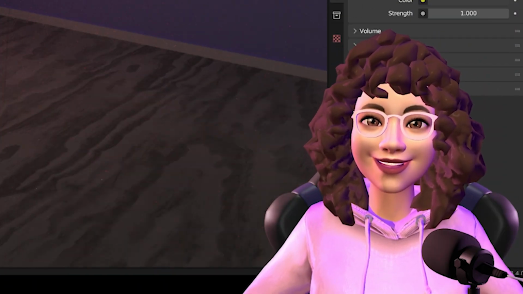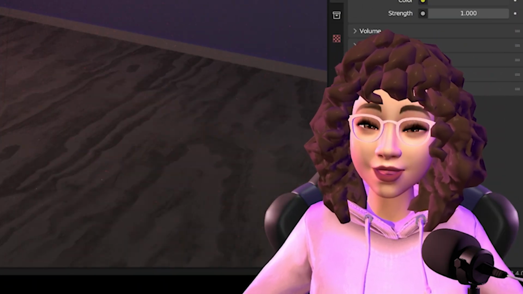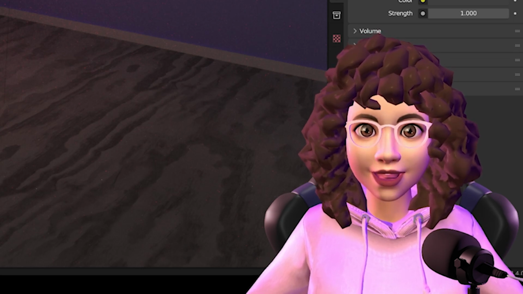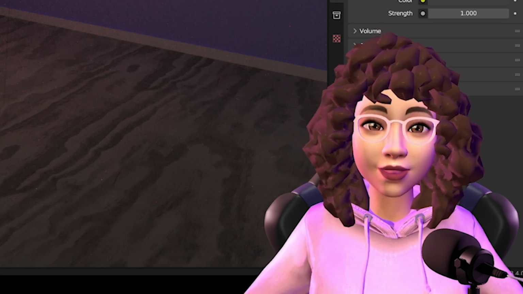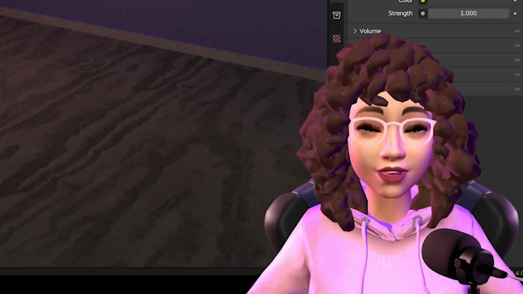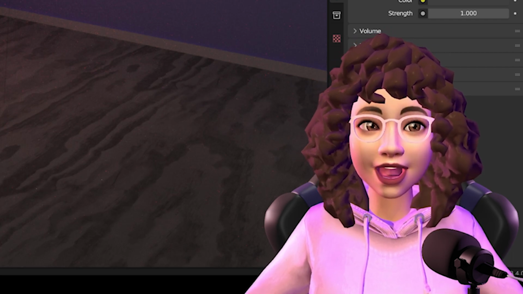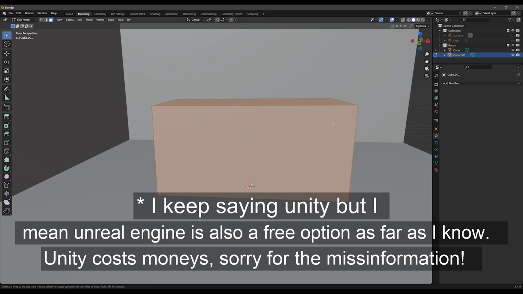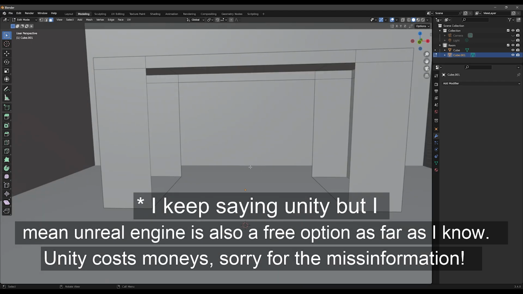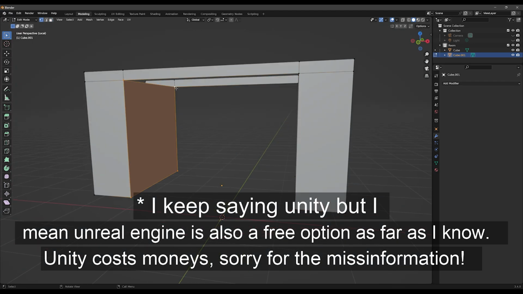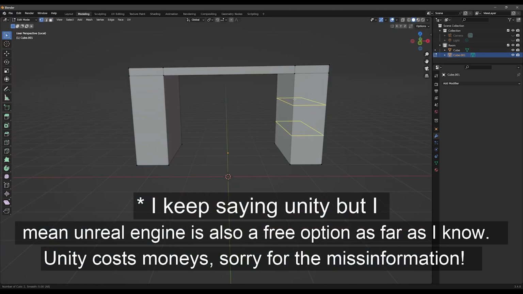Last but not least is using 3D programs. Now, this might make people a little nervous, but bear with me in case you don't know anything about 3D programs. They can be really, really useful for 3D VTubing. I've found them to be really useful the more that I've learned. Blender specifically is the program I've been using, but you can use any 3D program. Unity is also one, and I think Unity is also free. Blender and Unity are free options